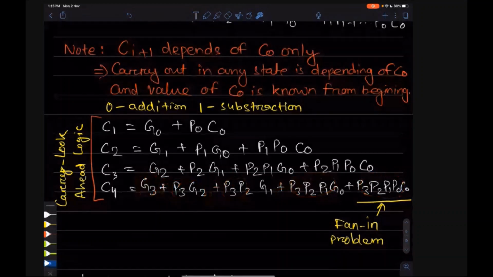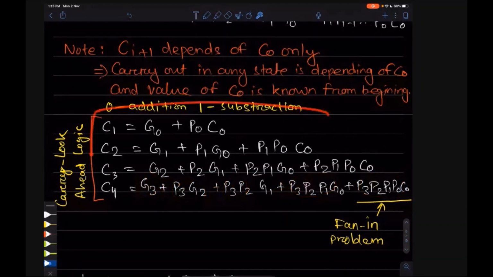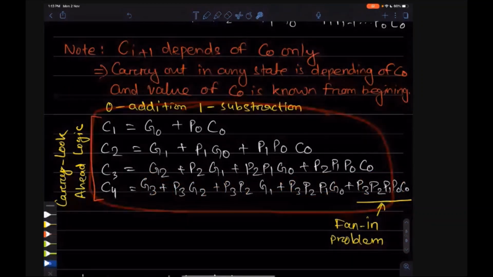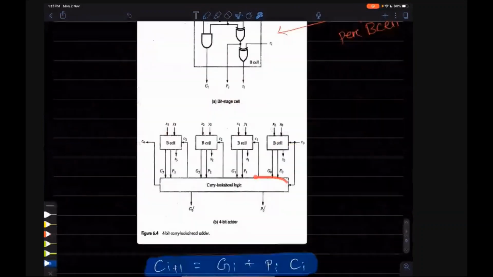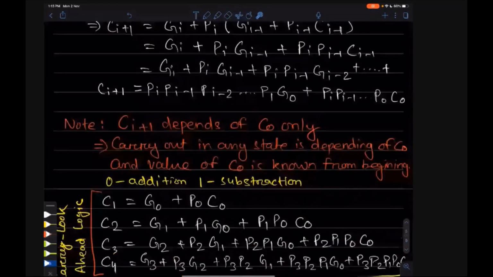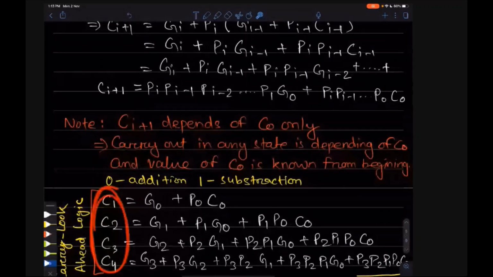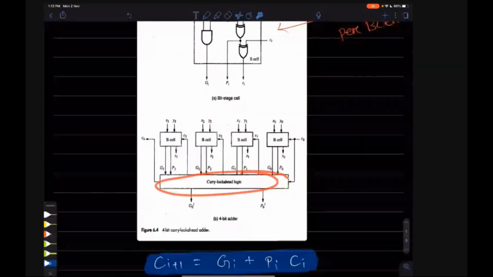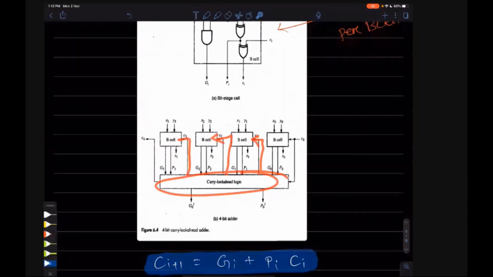All this hardware will be inside the carry look ahead logic. So all G and P values are sent to this carry look ahead logic, and this logic will generate all the C values, and they are all generated in parallel.